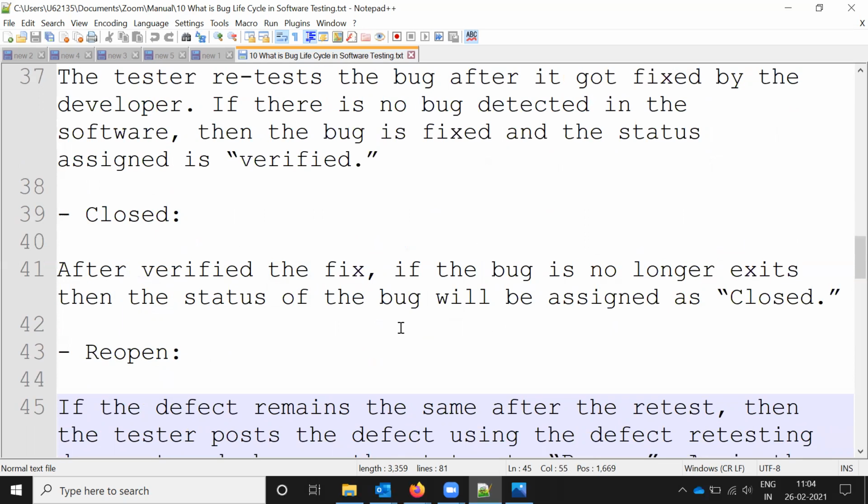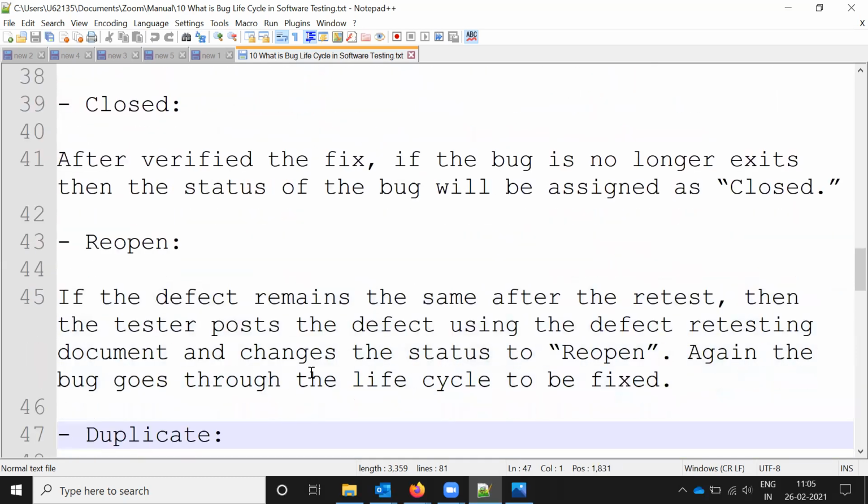In some companies, the tester can close the defect, or else once he has completed testing everything and the defect is working properly, then he will assign it to the BA or test lead. They will recheck one more time whether the defect is present or not, whether the tester tested properly or not, everything they will check, and then they will close this defect.